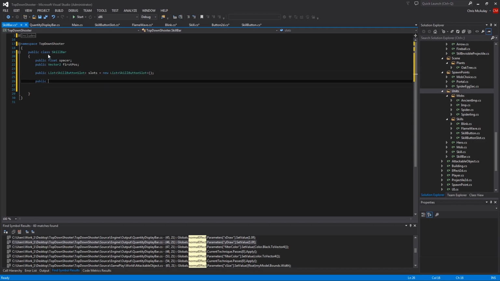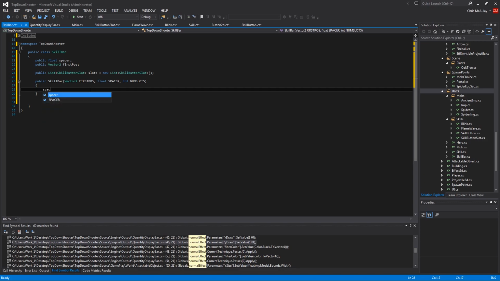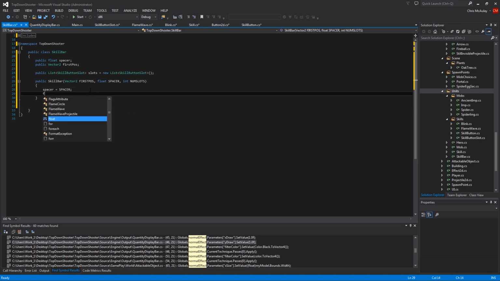Now here we're going to say public SkillBar. Our variables here will be the position of the first thing, so Vector2 firstPose, float spacer, int numSlots. Okay, that's what we need. Now let's get it all loaded up. spacer equals spacer, firstPose equals firstPose,